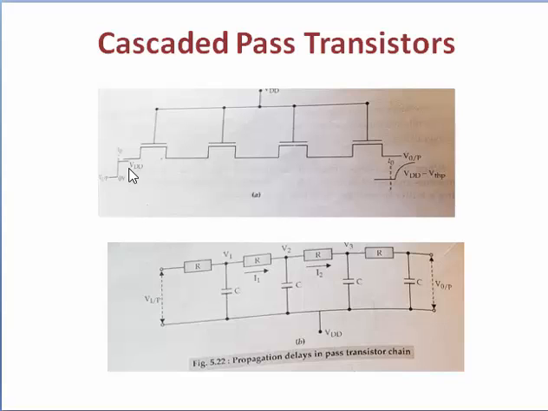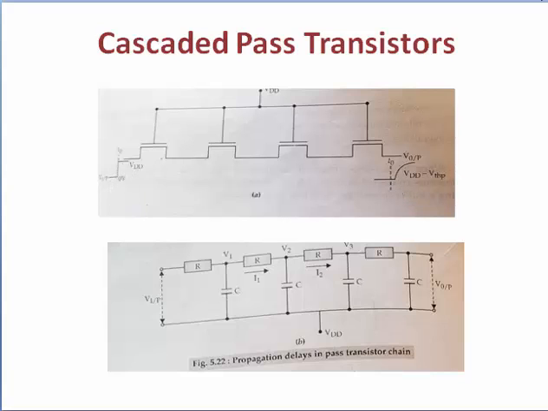So VDD is the input source and the output is V output, that is equal to VDD minus VTHP. VTHP is the threshold voltage of the PMOS transistor. So as shown in the first figure, all the gates of the transistors are connected to VDD, that is gate, its drain, and this one is source. When all the gates are connected to VDD, that is logic 1, the signal is propagated towards the output. But our input is VDD, that is 0 to 1.